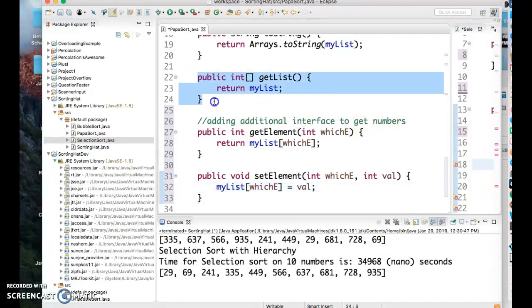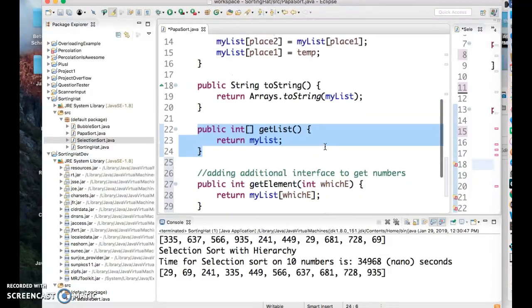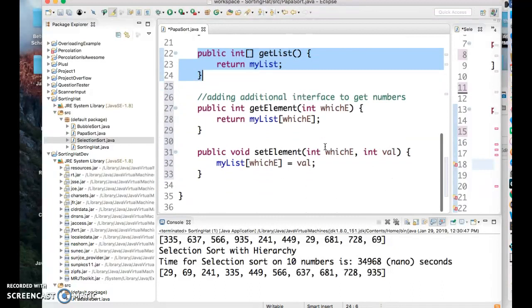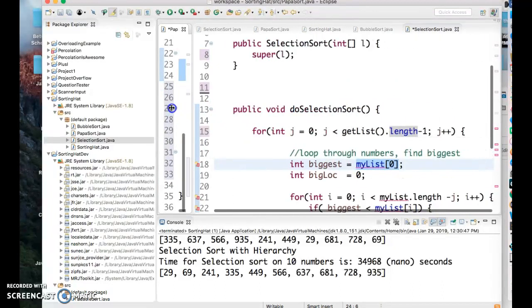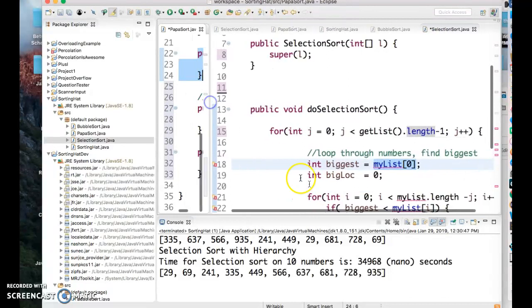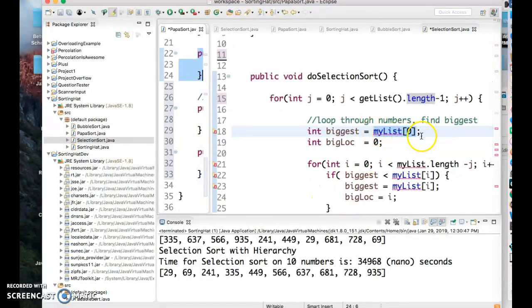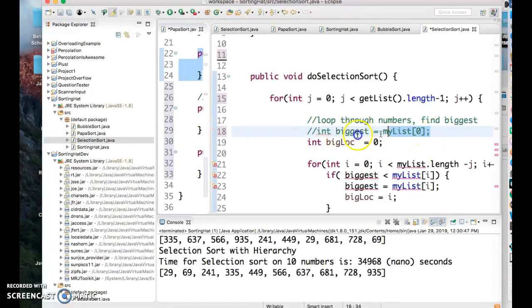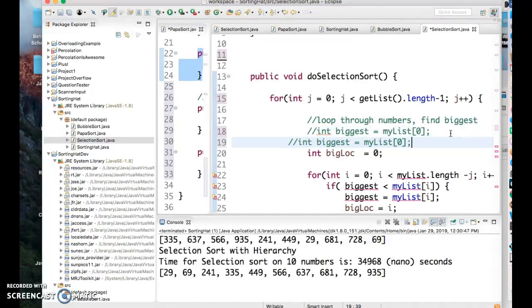We also can get the list. The other list is set by the constructor and stuff, and that's good. Okay, so with that kind of interface set up in the parent, we can do the selection sort now. Okay, so the biggest now, what we're trying to do is we're trying to get this element here. So I'll put this in quotes because we're just going to kind of rewrite these ones. Okay, so I'm going to paste this in here,